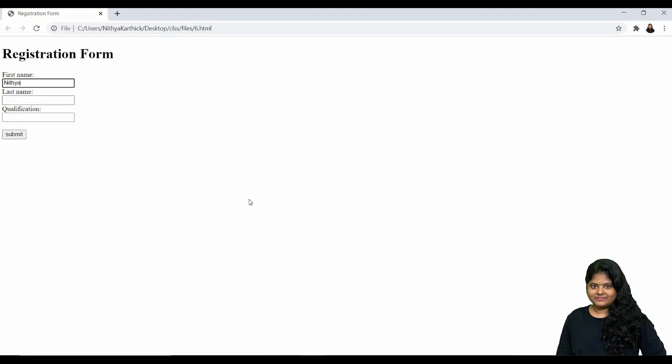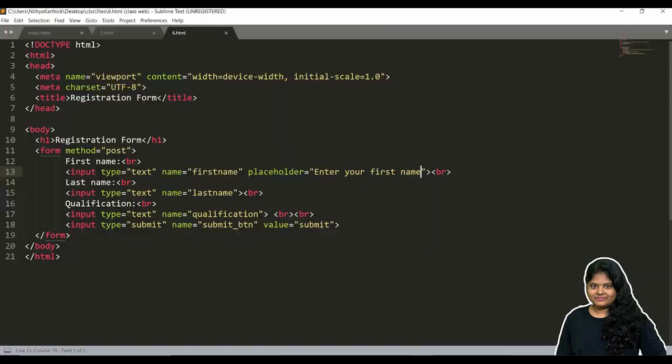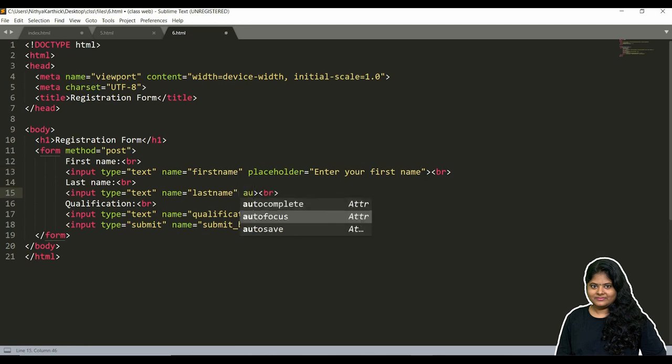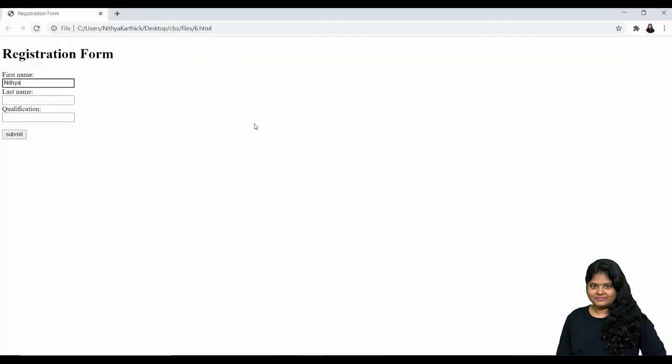The next one is autofocus. See, for the second text box I am giving the autofocus attribute. Just save it, come here, refresh.